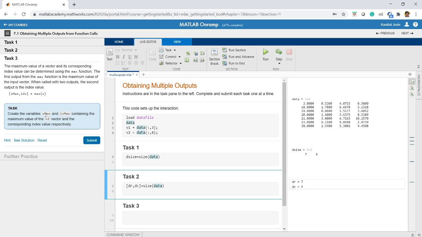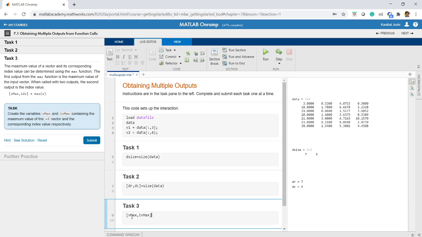It is asking us to create the variables vmax and ivmax containing the maximum value of the v2 vector and the corresponding index. Again I will use a square bracket. First I'll write vmax, which is just the name that I'm giving to the maximum value, and ivmax, which is a name given to the index.